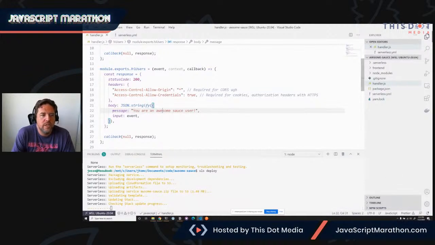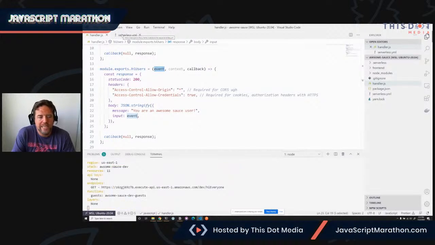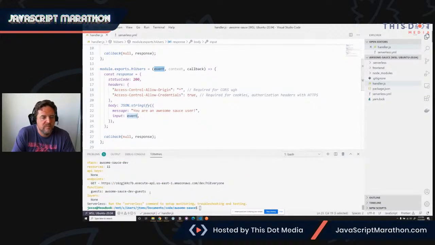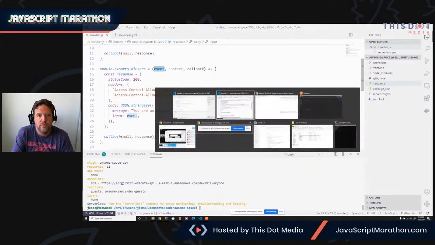And then we are going to hopefully put this user message behind some authentication. And then I want to put the event in here as a stringify so that you can see all the things that are possible that are coming down from this. So this will finish, we'll check it, and then what we're going to do is go into serverless and actually add in, there we go. We got some endpoints. This can be a GET request. We'll just copy it and jump over to our